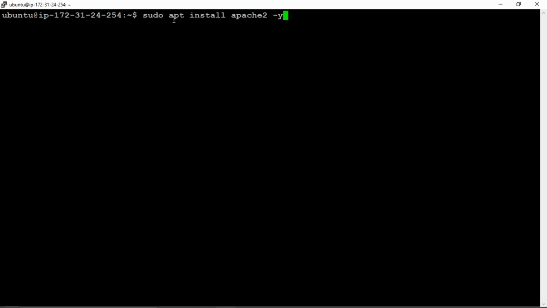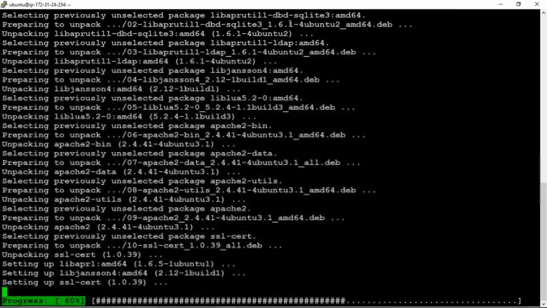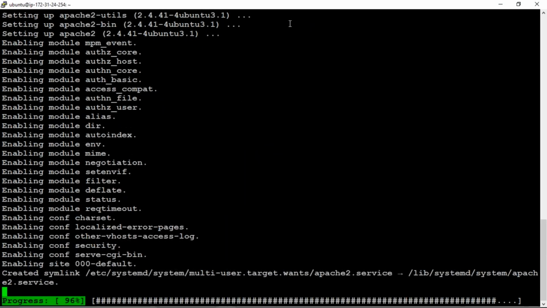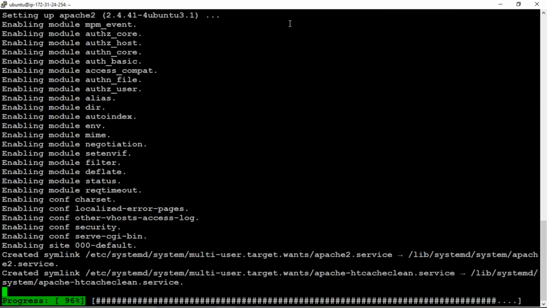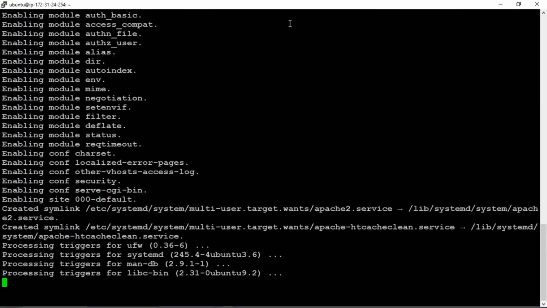Okay, sir. Suppose here I want to install some application in my Ubuntu operating system. So let's see what happens here. It is installing. It might be because we are not in root mode. So before going to this, we need to change to the root mode. So how to change the directory?